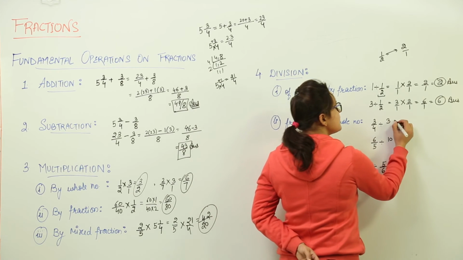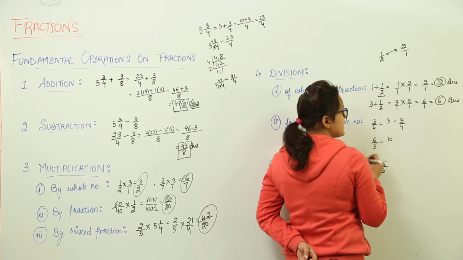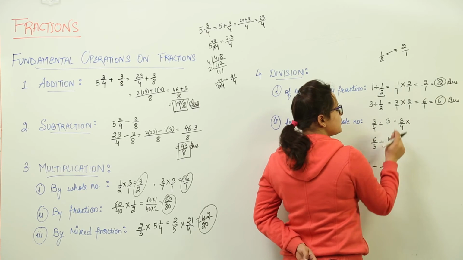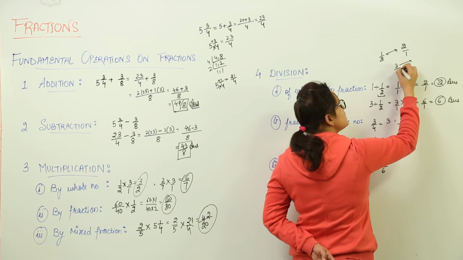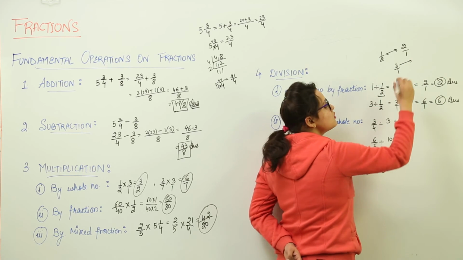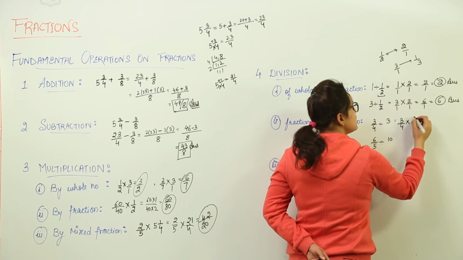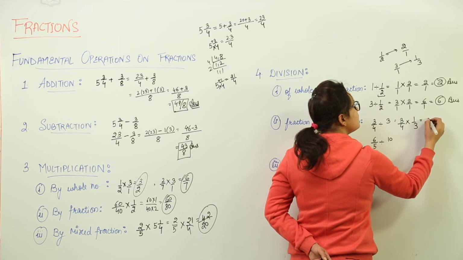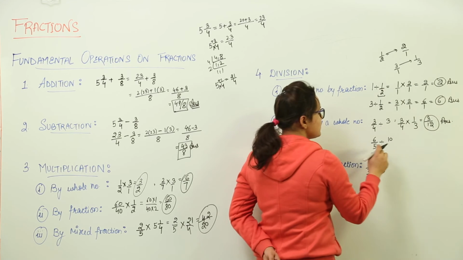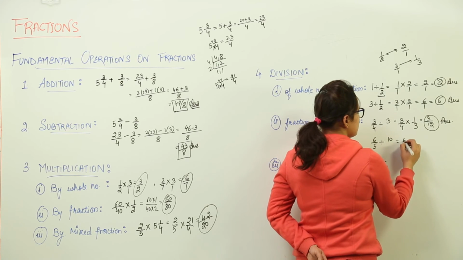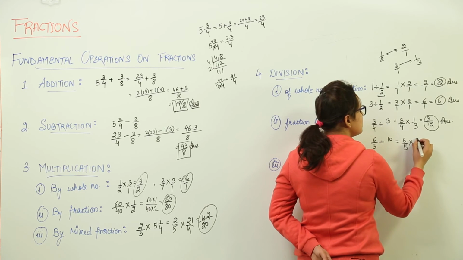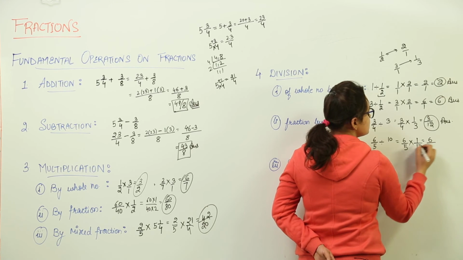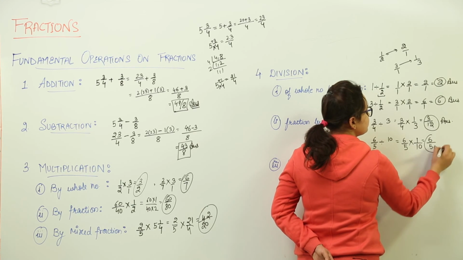How to do this? The same steps let us do. 3 by 4 remains as it is. Division sign gets converted to multiplication sign. 3 gets reciprocated. What is the reciprocal of 3? Because nothing is written in the denominator, that means it has 1. So the reciprocal of this would be 1 by 3. So the reciprocal is 1 by 3. On solving we get 3 upon 4 3s are 12 as the answer. Next, 6 by 5 divided with 10. We do 6 by 5 multiplied with 10 upon 1 here. The reciprocal would be 1 upon 10, that is equal to 6 upon 5 tens are 50.